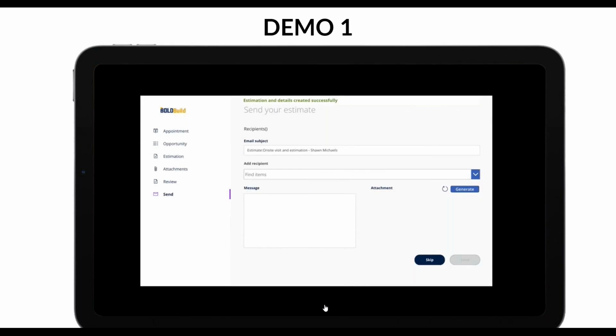And the third flow is that the first call is the first time you're receiving a phone call. So right from that phone call, you will be able to click a button that says create an appointment. And you will be able to then leverage that scheduler that I was showing you to schedule that meeting and have your estimator go on site.